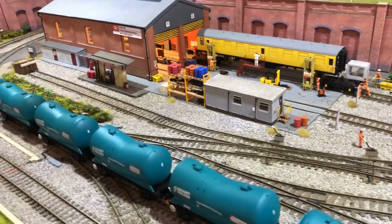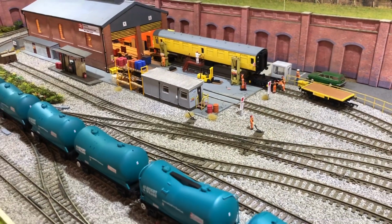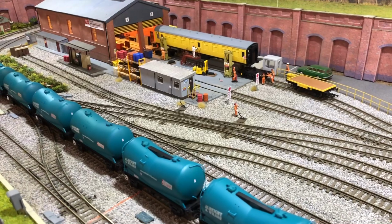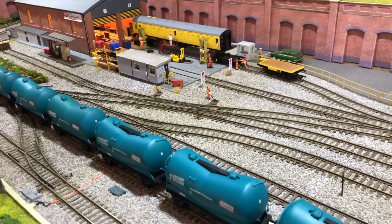I have ordered some of the Aquascale nuclear flask stuff and container wagons, so I'm waiting for them to come, and when they do I'll put a video out,